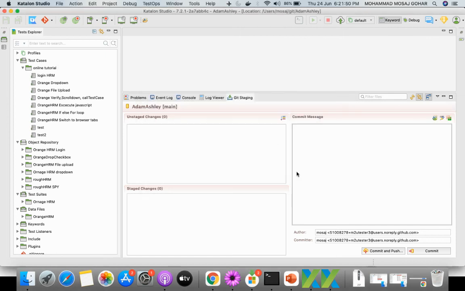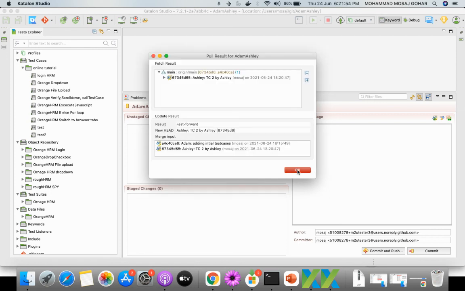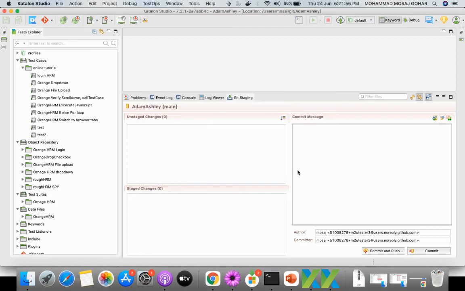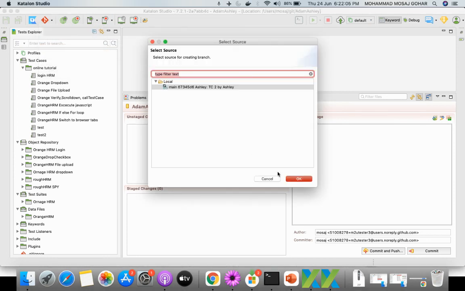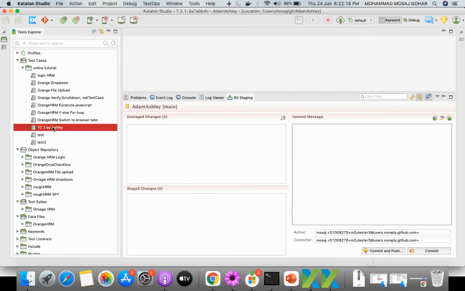click on finish, and the pull is successful. Click on OK. One final thing that he has to do is click on Git again, click on manage branches and checkout branch so that the new test case would be added over here. You can see the comments also, the test case by Ashley. He can do the review and then click on OK. Now you can see the test case by Ashley is also made available to Adam in version 7.2.1